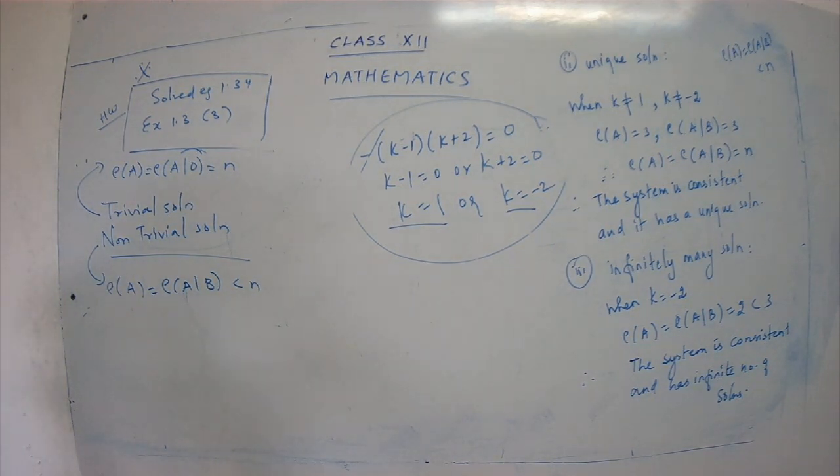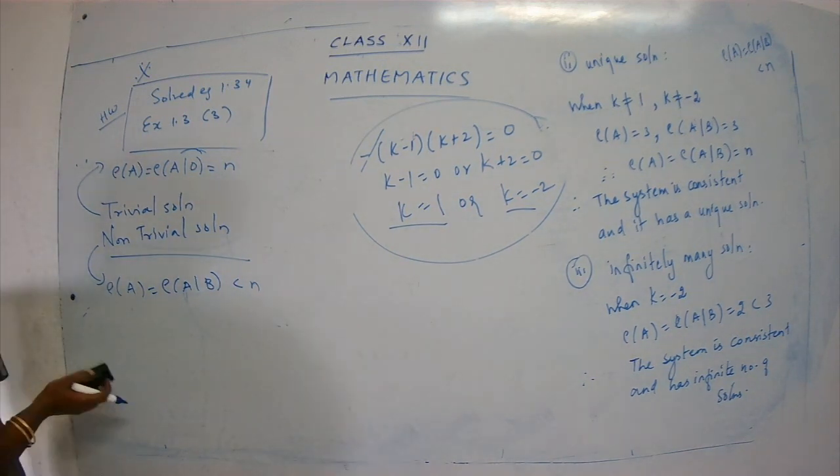Yes. So 1.6, sum number 3, and solved example 1.34. You have to do these two sums as homework. Now let's start with exercise 1.7. Let us complete one sum over here, and then we'll do the remaining part in the next class. So let's start with the exercise. Let's not waste our time.